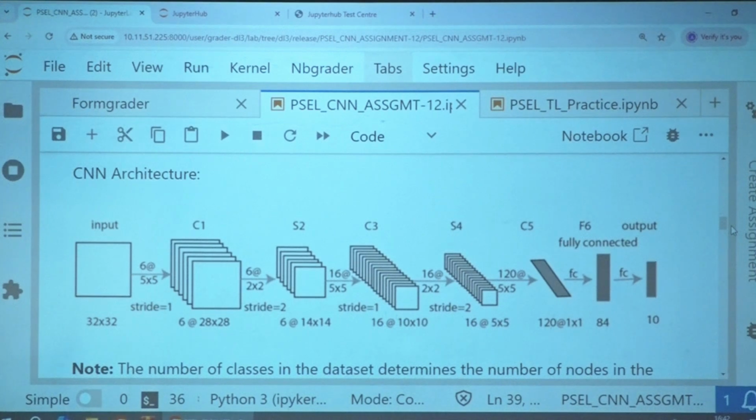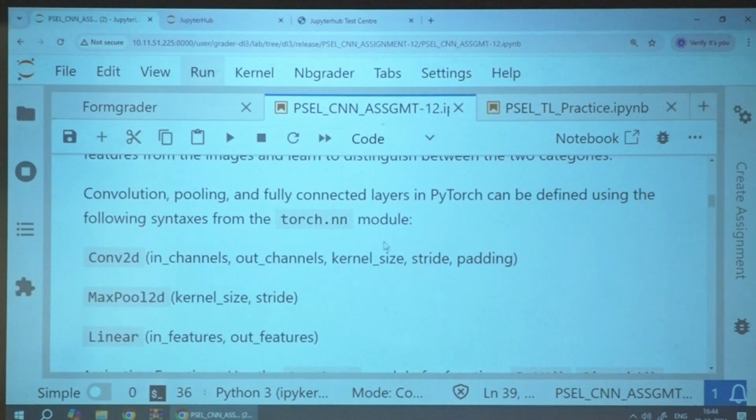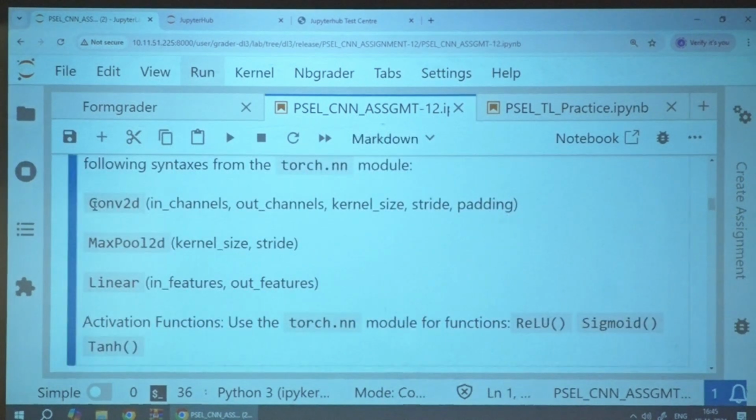One is overriding the constructor init method of the class. Second is the forward method. Given an input, it has to apply all the layers in the same sequence given in the architecture. Here the NN module is also given to you. In torch.nn, all these were defined in this syntax, Conv2d, where C is capital. So define the first layer by calling this Conv2d. Done?